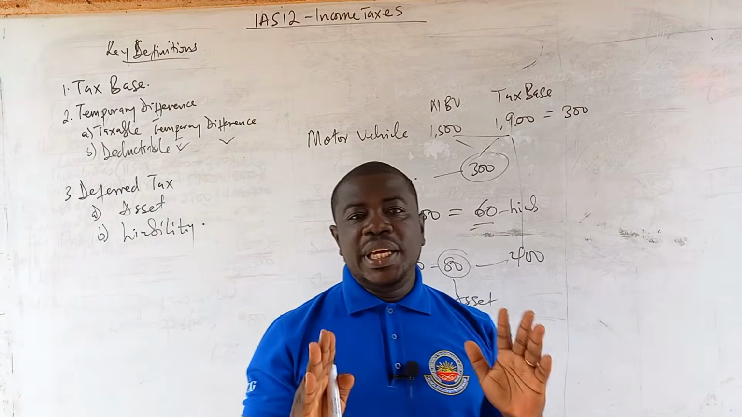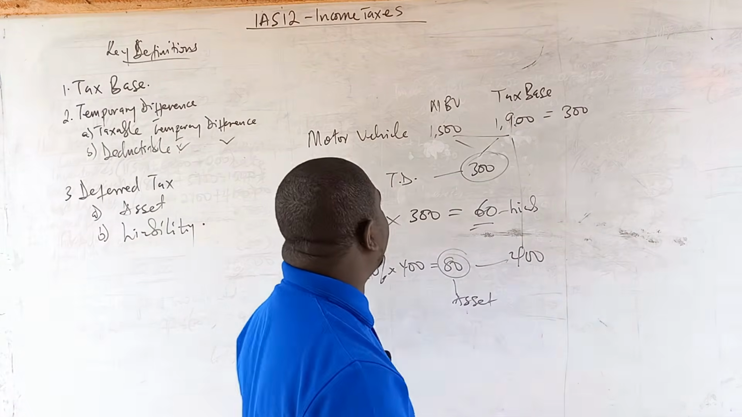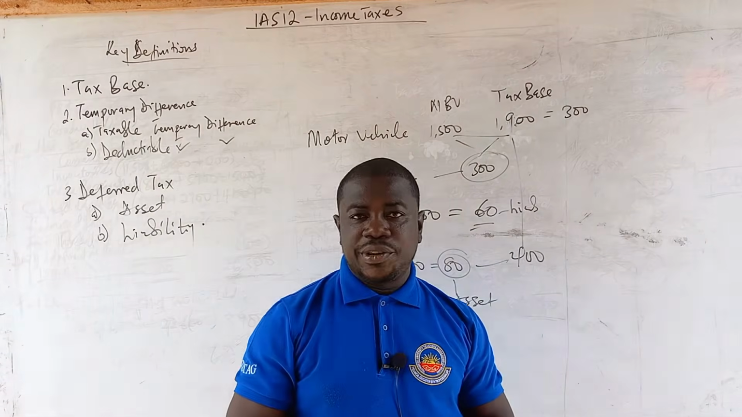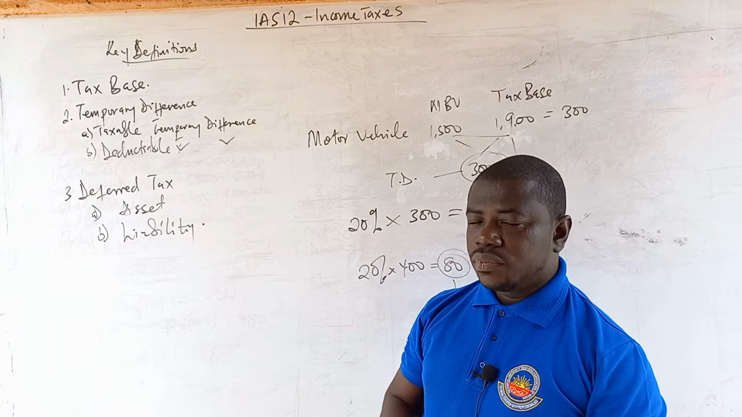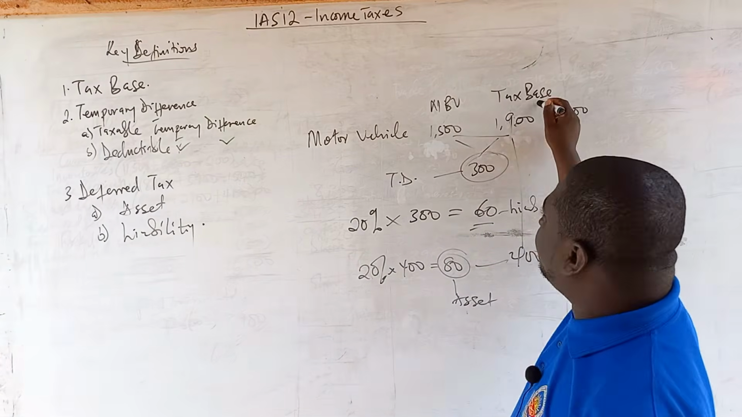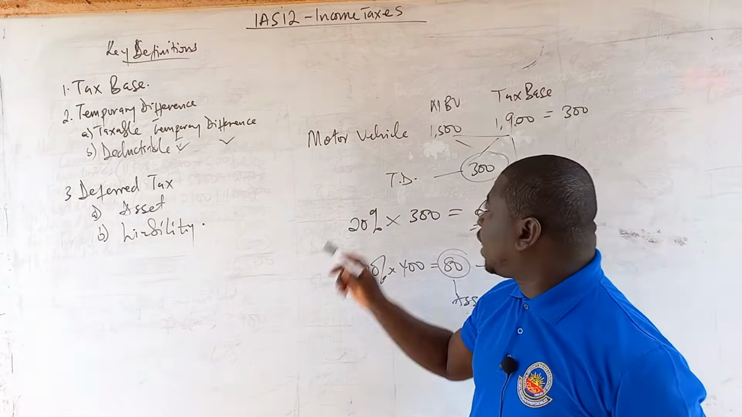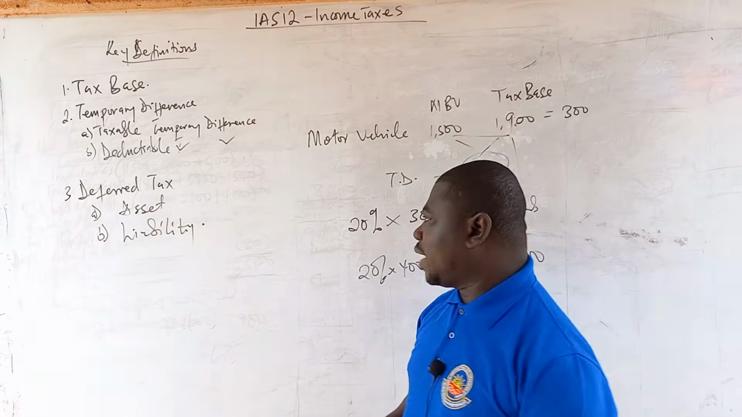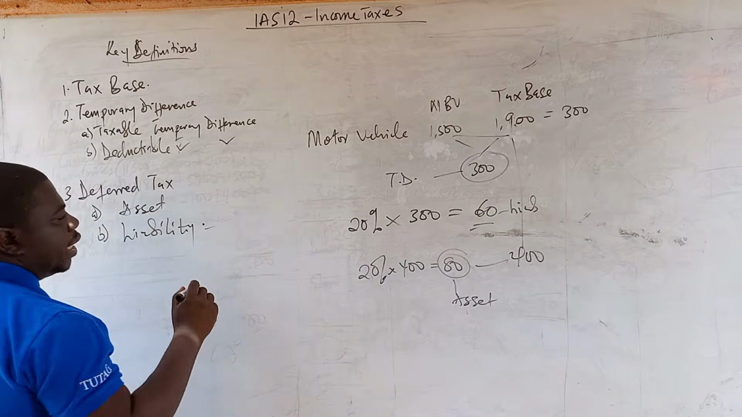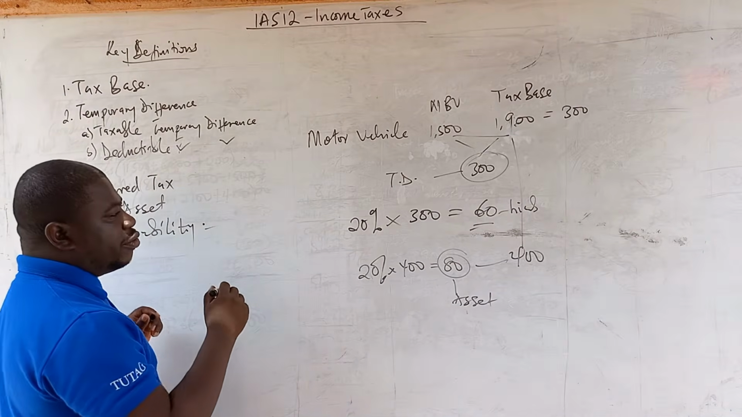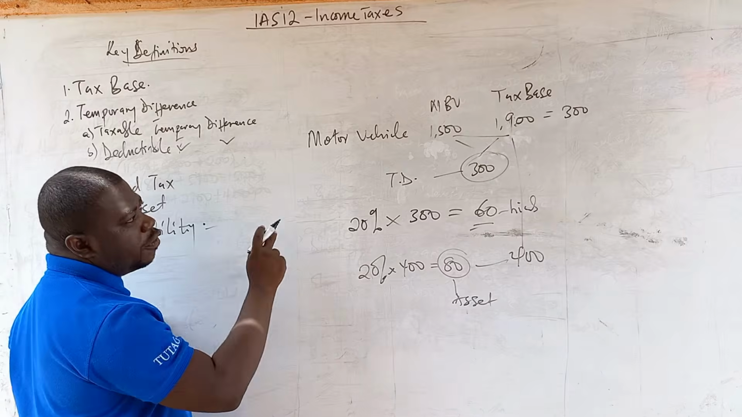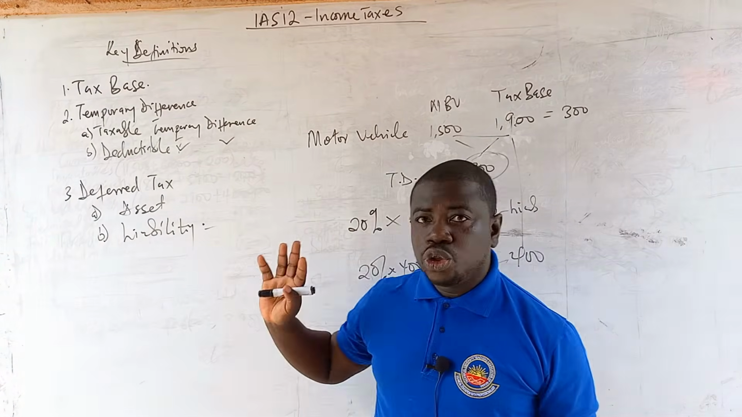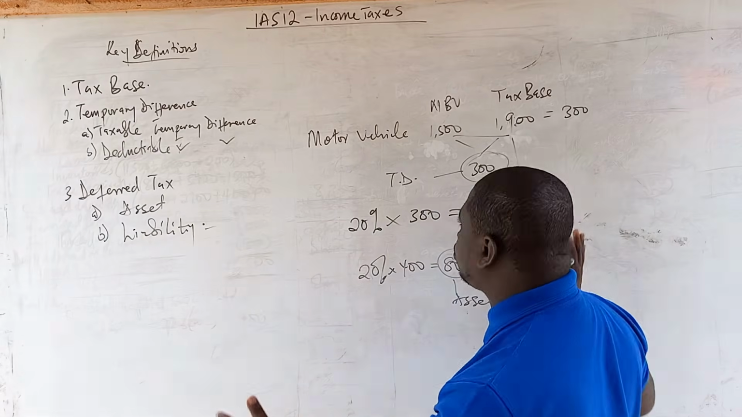All right. So please get this understanding that when the net book value of the asset exceeds the tax base, it results in a deferred tax liability. But when the tax base is more than the net book value or the carrying amount, then it results in a deferred tax asset. So please, that is it. So a deferred tax liability is a liability resulting from an excess of carrying amount over the tax base. All right. So that is what you should note for that,